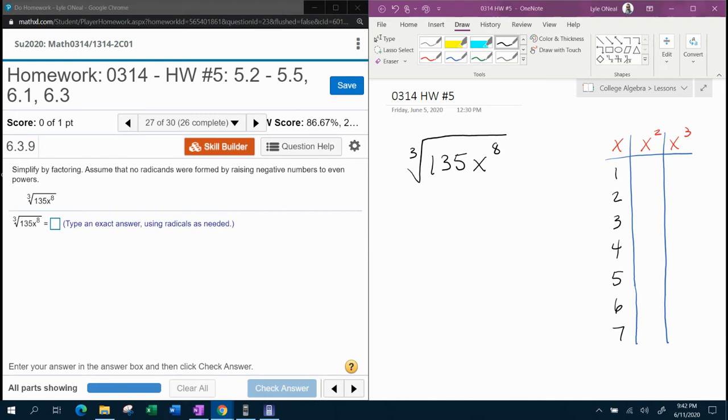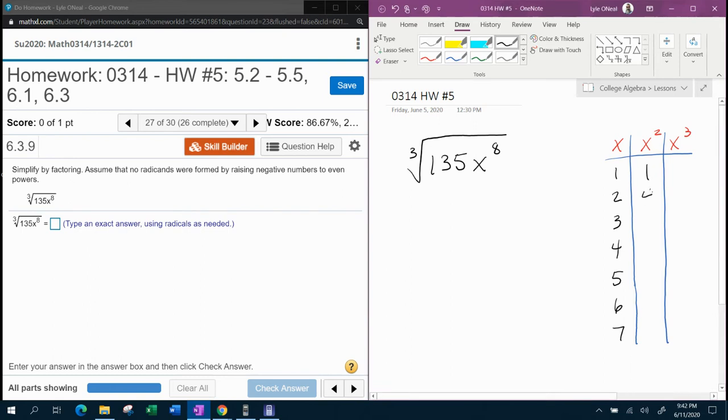And what we're doing is we're looking for perfect cubes in order to simplify. Now, what I've done over here at the side is I've made this chart. I highly recommend when you're trying to simplify radicals that you keep a chart handy of maybe the first 7 perfect squares and cubes. And if your index is a 4, then you want to do to the 4th power also, okay? So just quickly to generate this to show you what I'm talking about, 1 squared is 1,